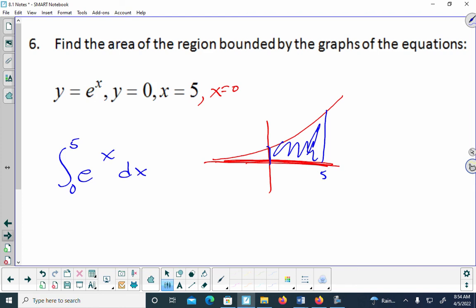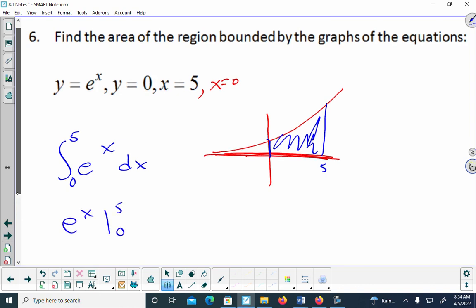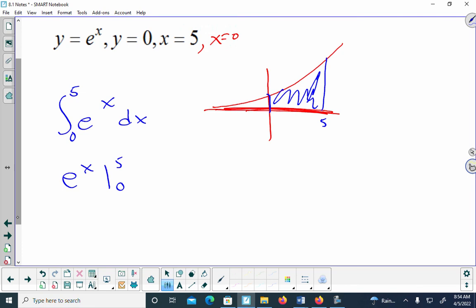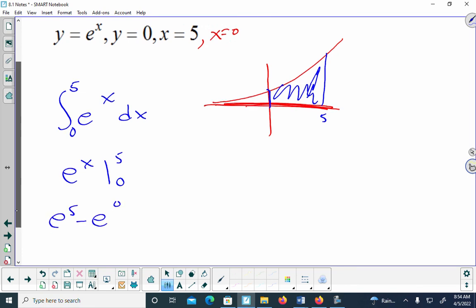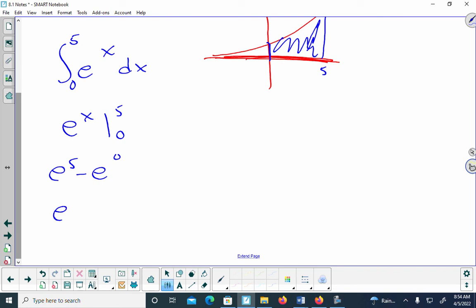So now e is being raised to the x. When I take the antiderivative, I'm just going to write e to the x and then 0 to 5 is my upper bound and my lower bound. So I'm going to say e to the 5th minus e to the 0. Well, e to the 5th, I'm just going to leave like that. Anything raised to 0 power is 1. So I could leave it like that, or I can find the decimal, which is